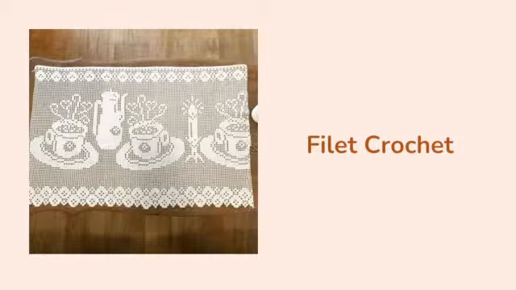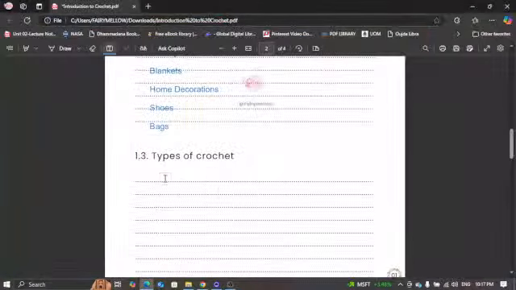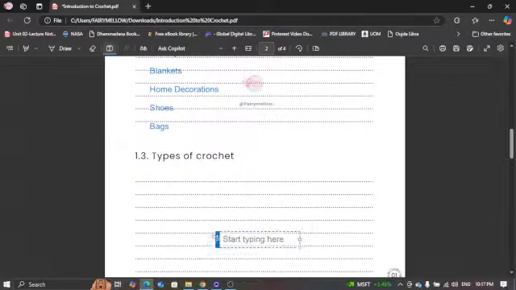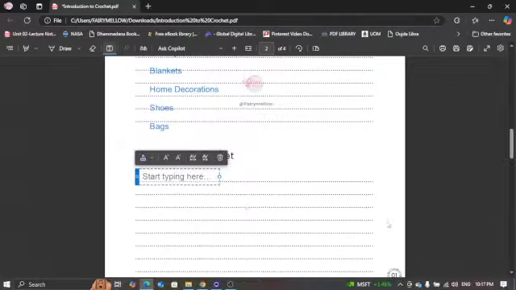Before we move into our next topic, I would like you to write down these examples in your tute. Let's write them down. Types of crochet. Amigurumi. Then what are the other things? Amigurumi,